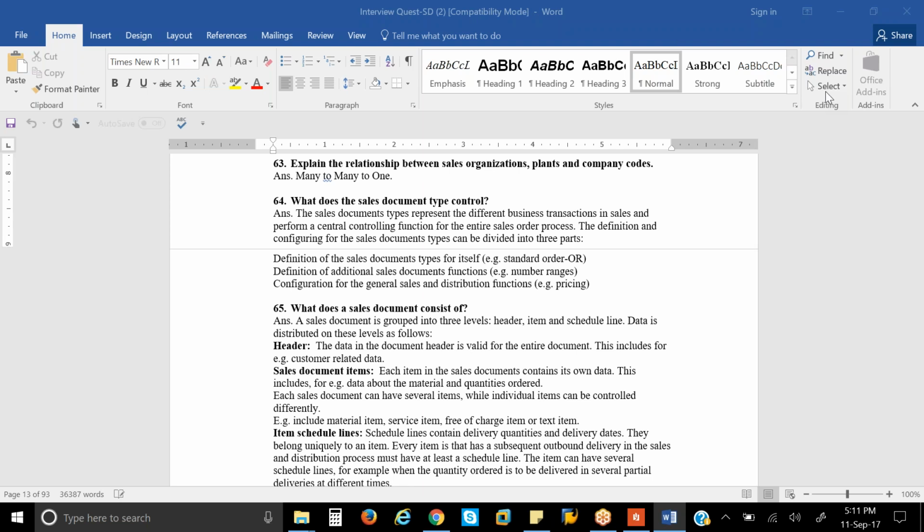So the steps are: first we create a partner function, then we create a partner determination procedure. Then we assign those partner functions to a partner determination procedure. Then we assign this partner determination procedure to the